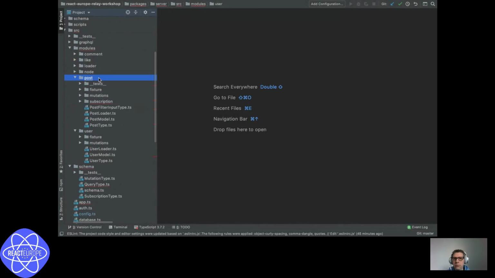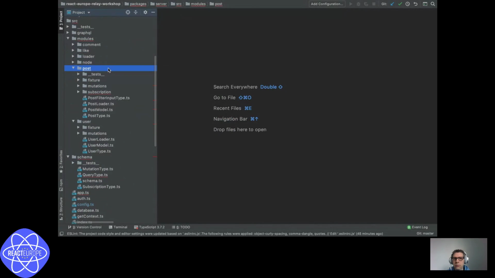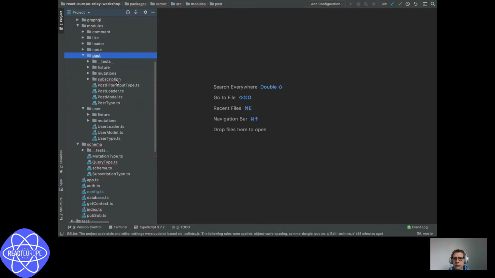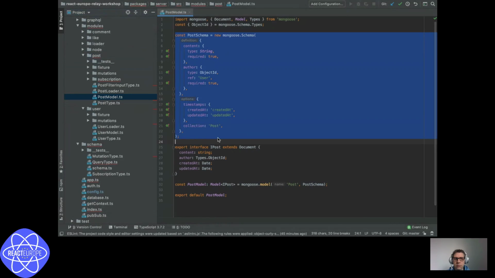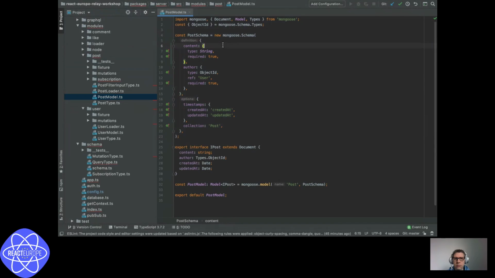We have some concepts here. Mostly, for each module or each kind of data you have, you're going to have some kind of model. Here I'm using Mongo. So I defined my post. Post has a content and has an author. You can do relationships in NoSQL, no problem at all. I have some TypeScript. It's not 100% type safe, but it works.